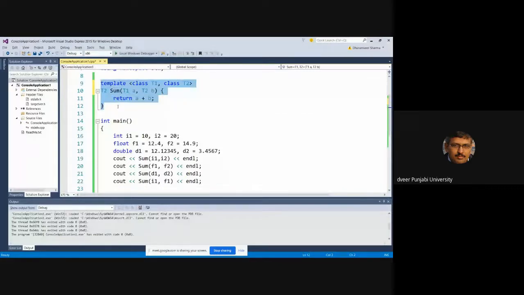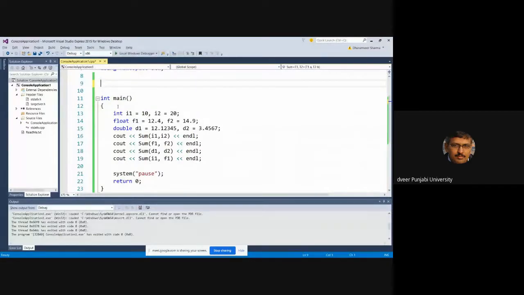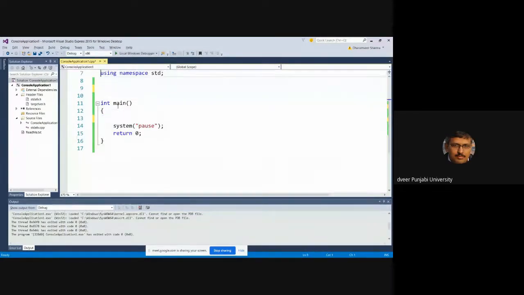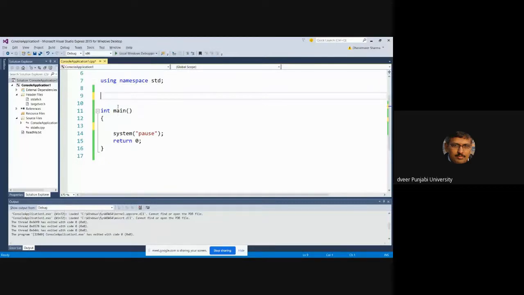Have you done stacks? Data structure? Yes, sir. Okay, fine. First, let us take up a simple example. Then we'll create a stack class using templates. So once again, template